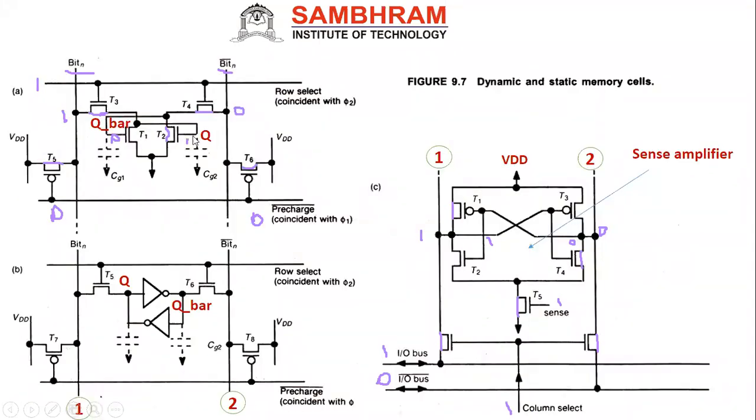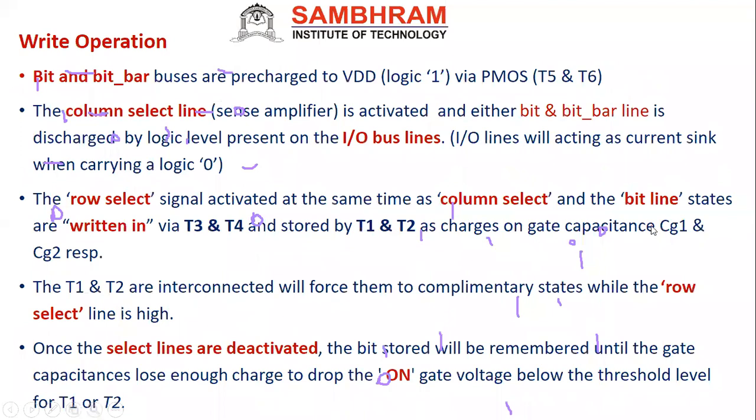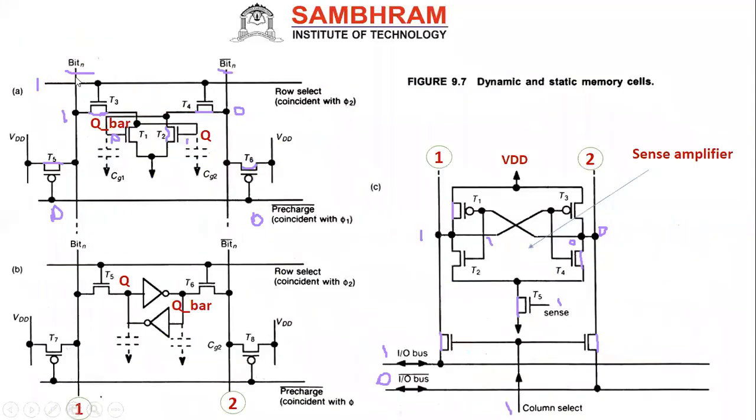Here the 1 is stored, here the 0 is stored, because the 0 will be stored normally in the pre-charge capacitance. CG1 is this capacitance. Here 0 will be there, here 1 will be there. So it will be stored on a gate capacitance. The CG1 carries 0, the CG2 carries 1. That is the form of charges on the gate capacitance. We have done the write. By this time, this bit and the bit bar are both acting as input. You have to think of it as the input.